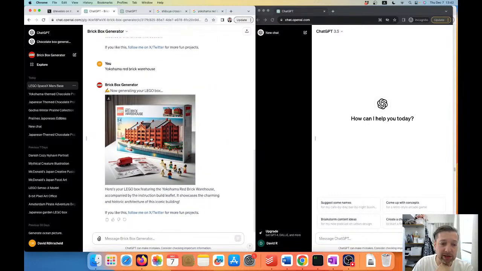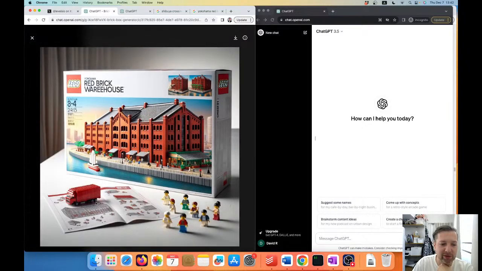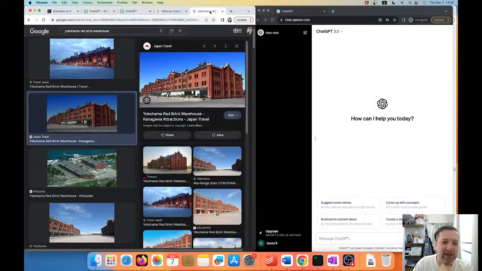Okay, there we go, right? So same layout, right? With the instruction manual here on the left, some figures, and then it has captured this cute boat going past the brick warehouse here. It has captured this scene quite well, right? There's this elongated red brick warehouse that basically sits right on the